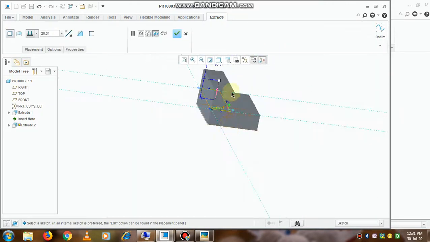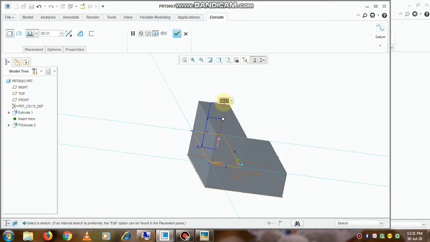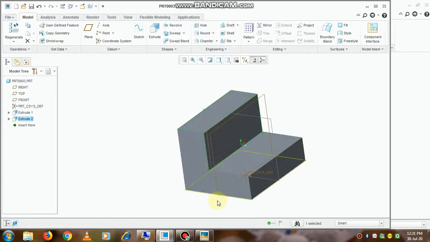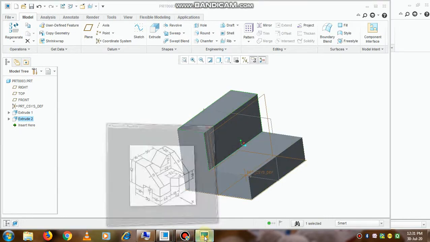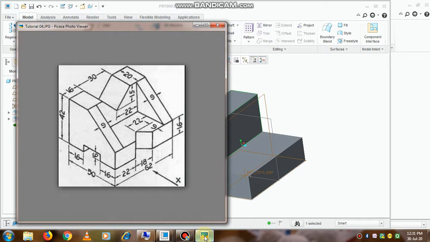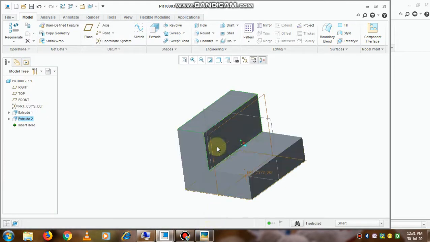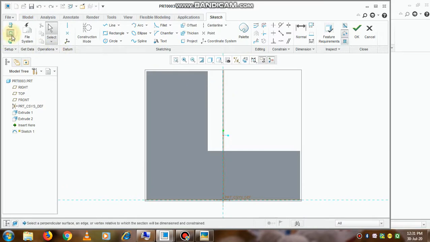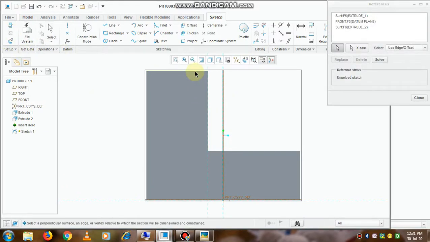Okay, now this extrude option, so we need to extrude it by a distance of 26 above the base plate. Okay, now click on the OK button. So now we have created this L shape. Now we'll see how to create the ribs. So this front portion, that is L shape, plane I have selected, and go to the option sketch view. Again we need to select the reference lines.